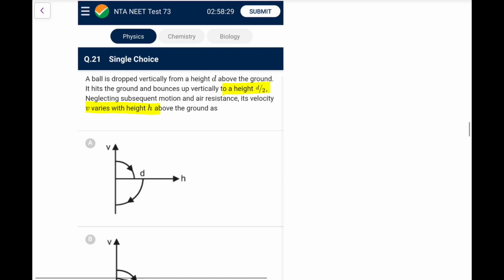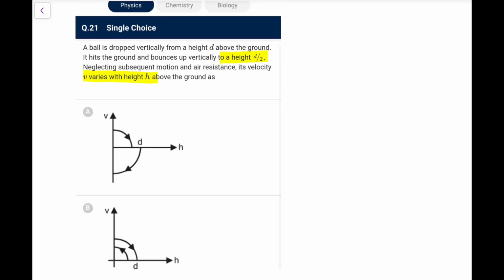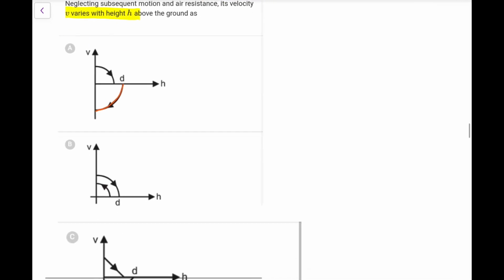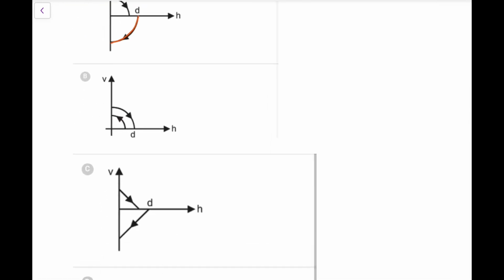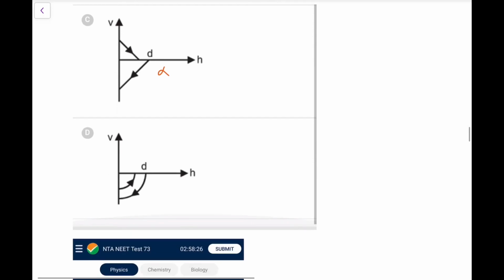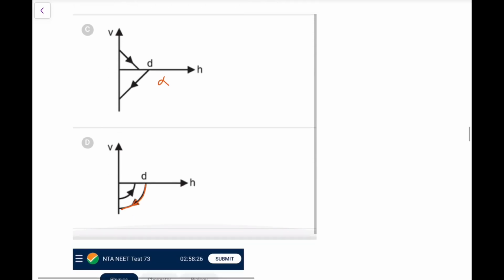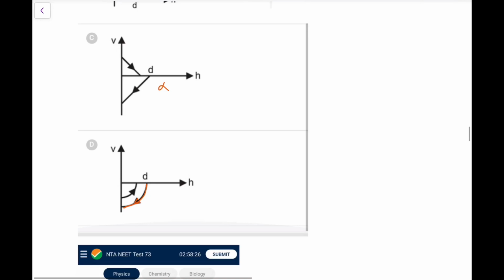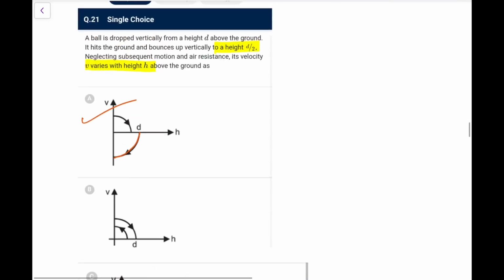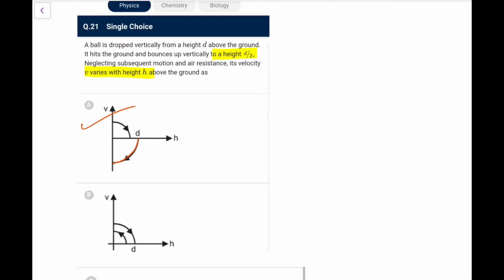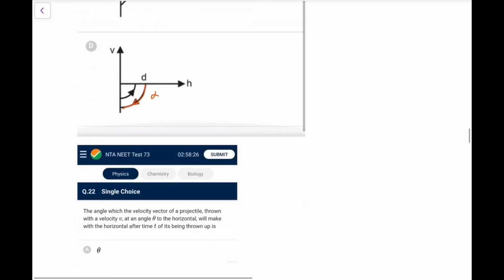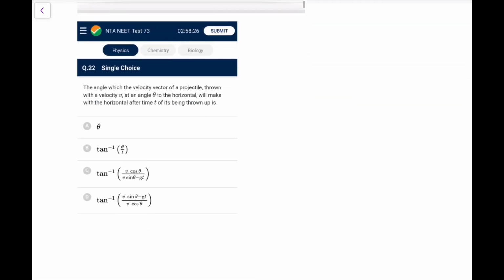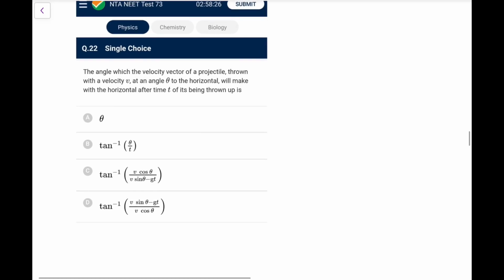So velocity is first of all negative as per this idea. So for the height d, it will first go in the negative direction like this. It is going here, not here. Here the velocity with h cannot be linear, because here also it is going like this. So we are left with a and d. Now when it jumps up, the velocity should be positive. So d cannot be possible because here it is negative, so the only option left is a. So going by the sign convention and the details given, only a justifies. And this is a question you all have done because this is a previous examination question, I suppose.